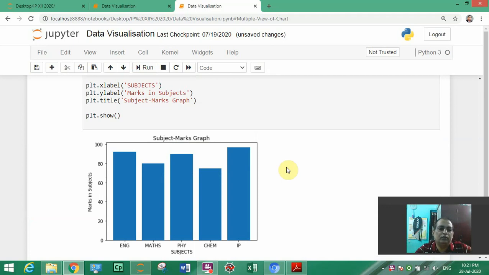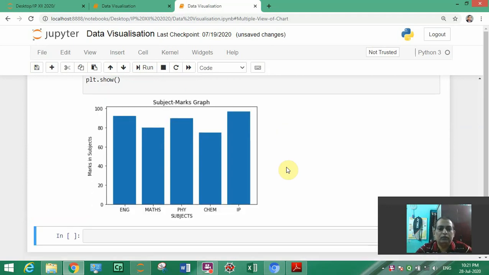Many times I told you that don't be afraid of error, so only we have to take care while typing. So this graph is a basic bar graph which has x axis, y axis, and title.